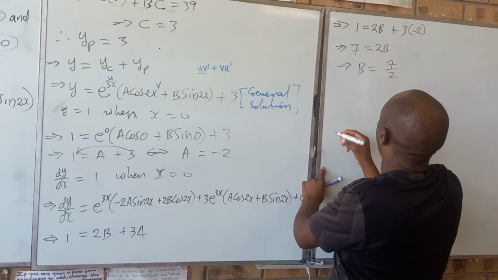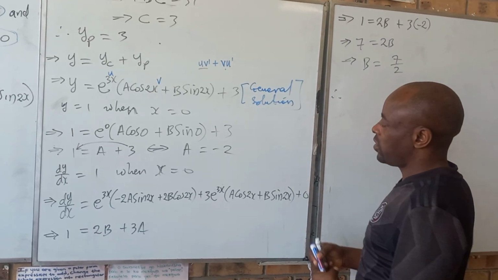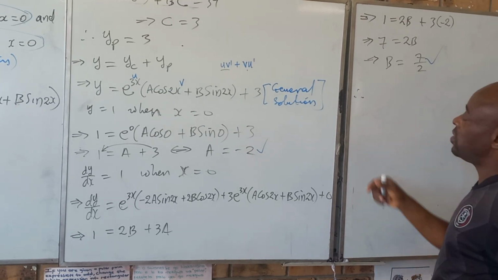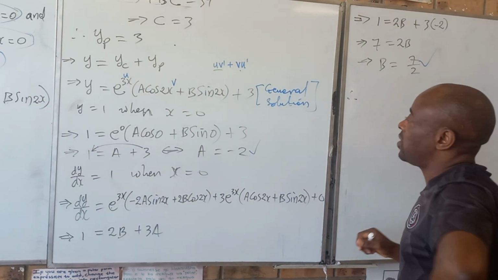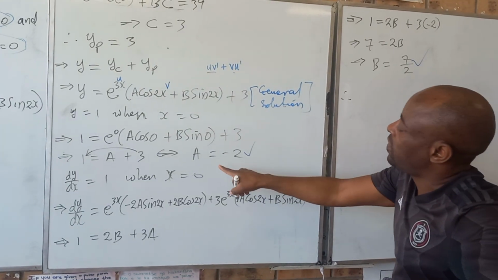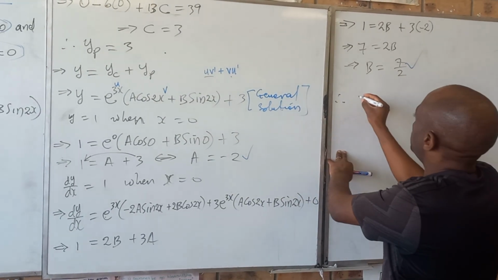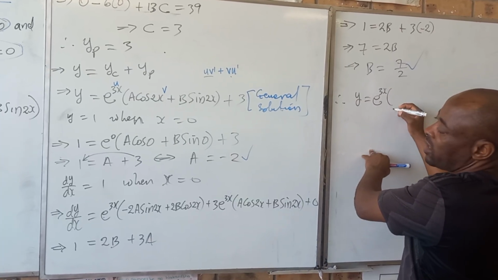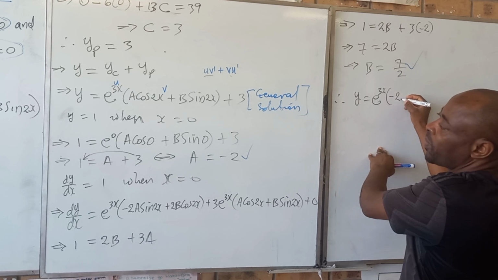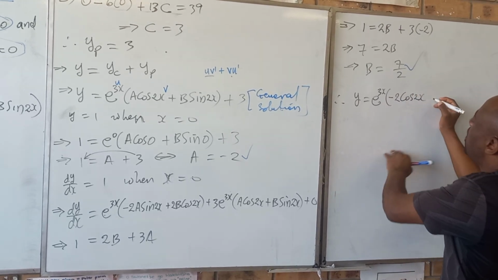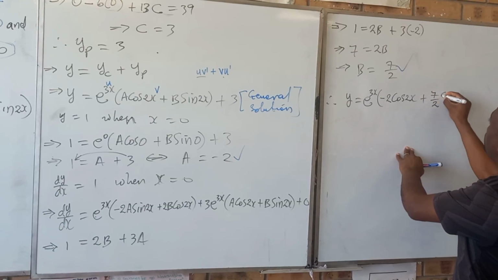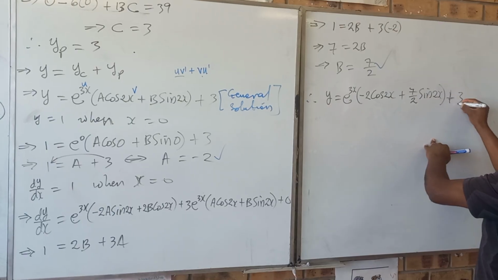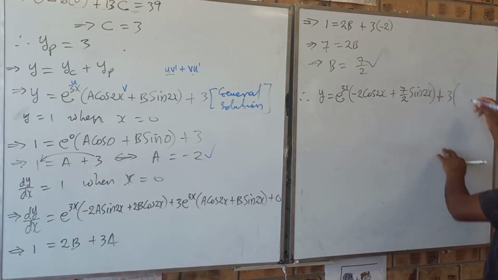So now that we've substituted to get a and b, we can now write our particular solution. We just go and recopy the general solution, making a negative 2 and b 7 over 2. So that means y is equal to e to the power 3x, in bracket our a, we are negative 2 cos 2x, our b was 7 over 2 sine 2x, then plus our 3. And that is what we call our particular